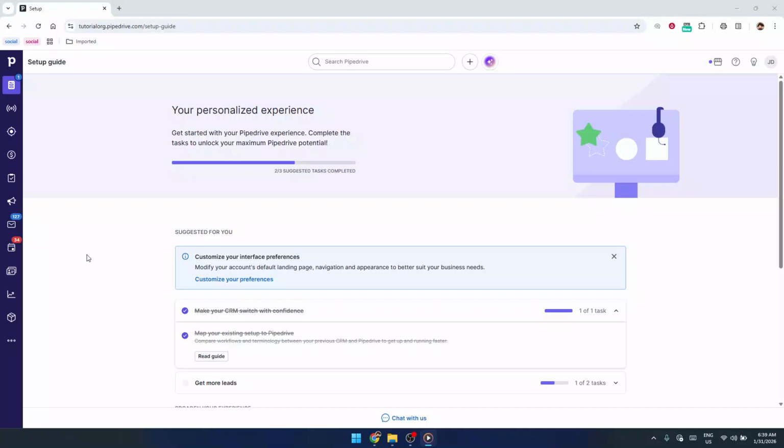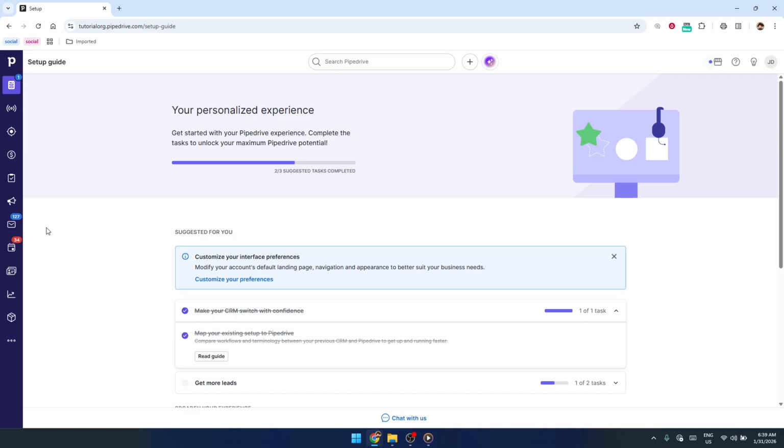In today's video, I'm going to teach you how to collect Pipedrive email subscribers through your website. We're going to walk through creating a simple web form inside Pipedrive, making sure it captures email addresses, and then embedding that form on your website so visitors can subscribe directly into your CRM. By the end, you'll have a working sign-up form that sends leads straight into your Pipedrive account without any extra